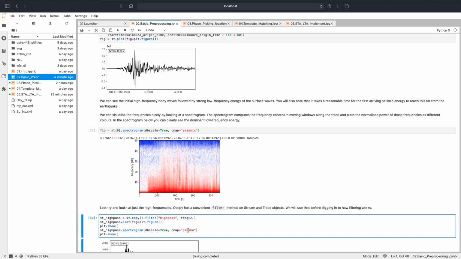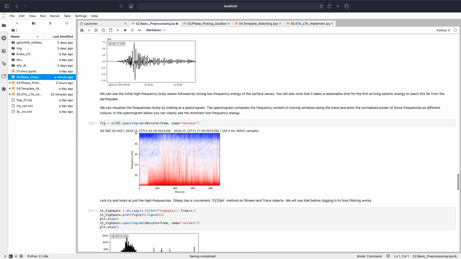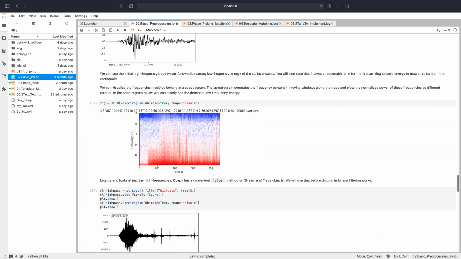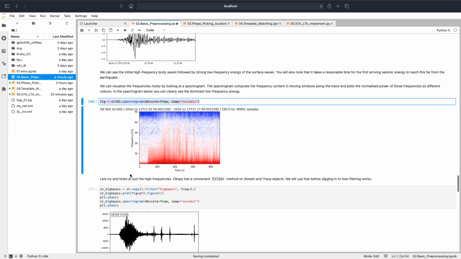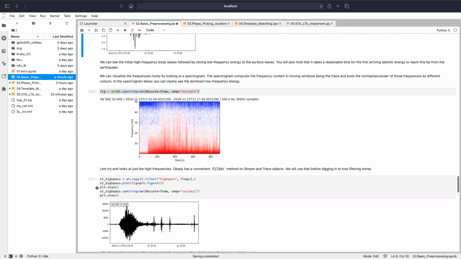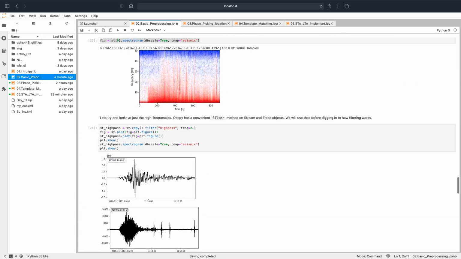This is the same signal as here, but you only see the high frequency content. Let me try to plot them one by one. Oh no, this is wrong. This one. Like this. Yes, okay. So you see, it starts at the same time, but because we are only looking at